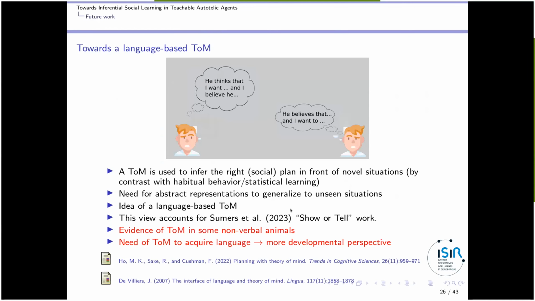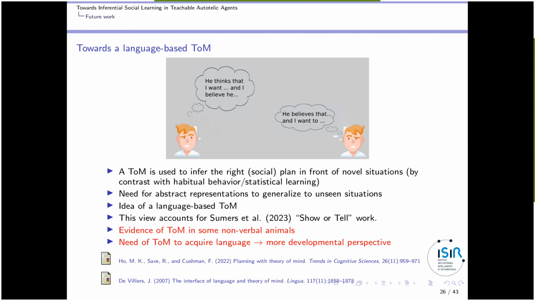A quick word about future work. There is this paper, again by Mark O and Rebecca Saxe and a co-author that I know less, on planning with a theory of mind, where they show that, in fact, we don't use theory of mind in all situations, but more when we are facing a novel situation in our social interactions. Otherwise, we rely on habits.